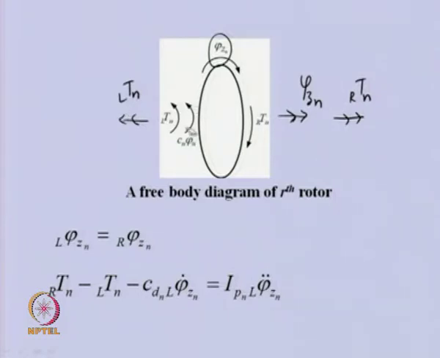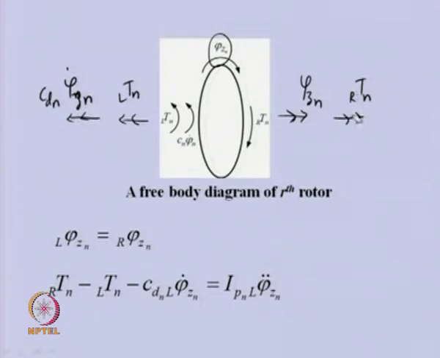Apart from this, there is a damping torque which is coming from the vibration, that is the disc damping. So, you can see this will be opposite to the motion, because the motion direction we have taken as right side positive. So, this will be C D n times the angular velocity. So, you can see that various torques are represented here.